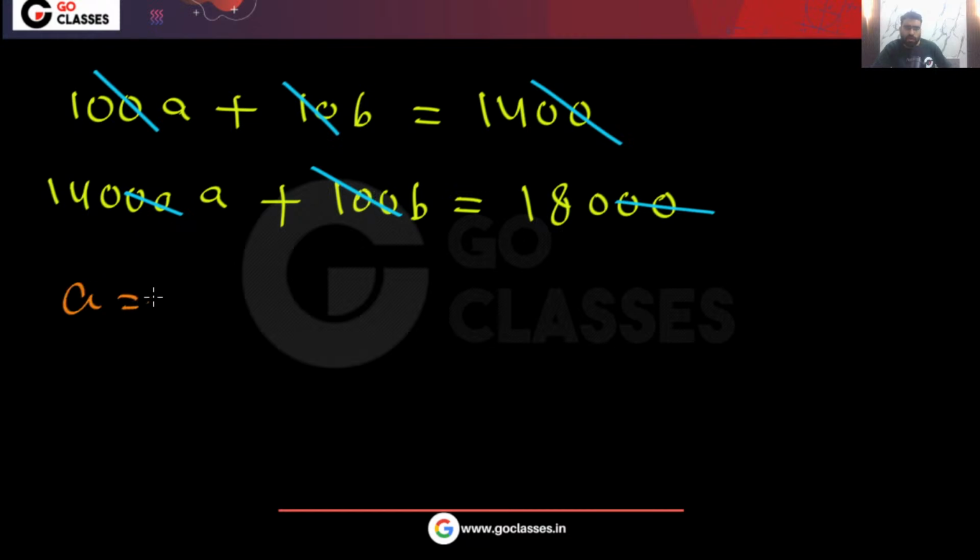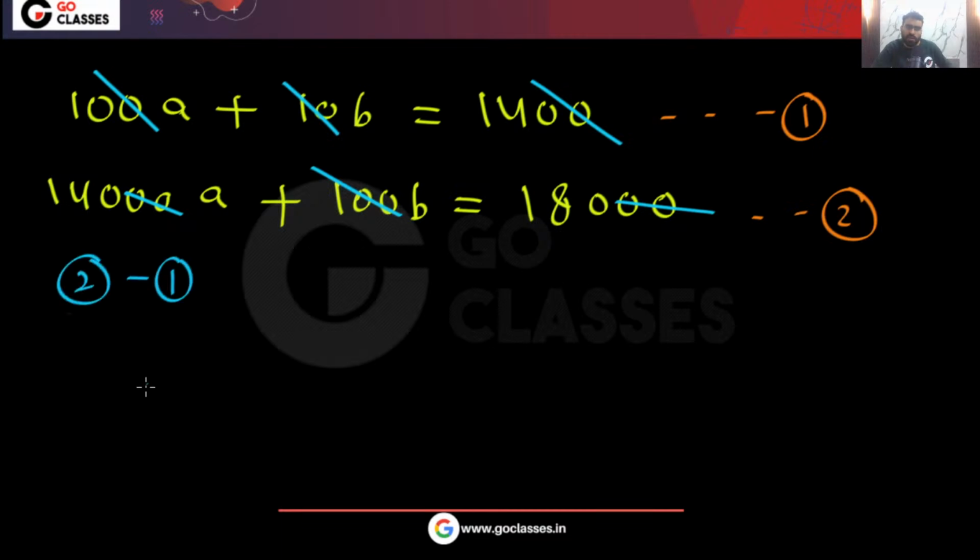So here what will be the value of a? You just subtract equation number 1 from equation number 2. Okay, from 2 you remove 1. So equation 2 minus equation 1, what you will get? Okay, what you are going to get? So that will be 130a is equal to, yes or no? 130a, is this correct? Is there any mistake? No, I think everything is correct, right? Okay, so 130a, that is equal to,